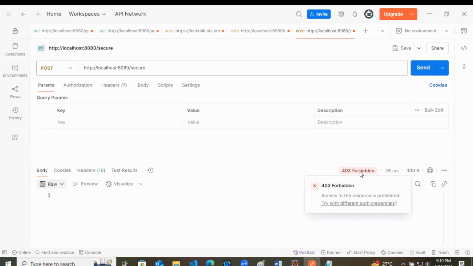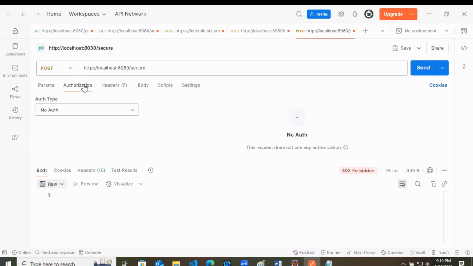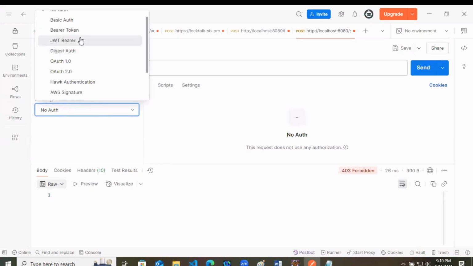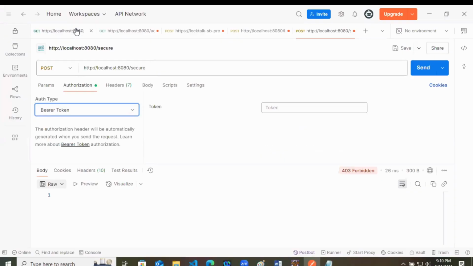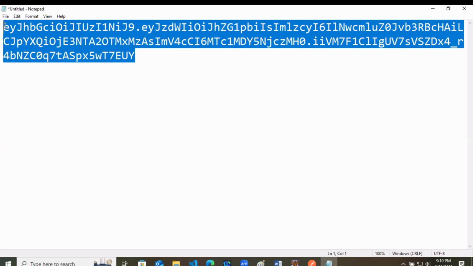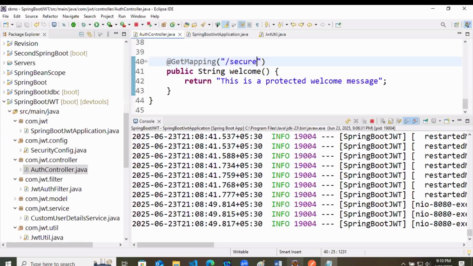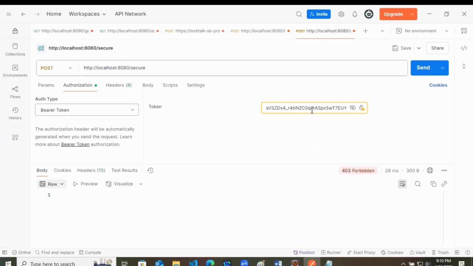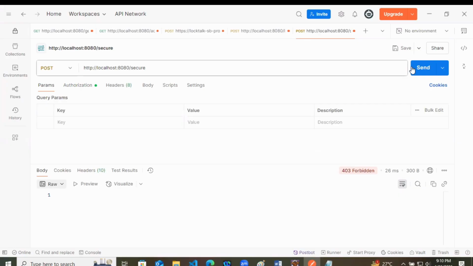Second thing, if I am trying to check with the real values, for that you have to do authorization. I am already a logged-in user, but again you have to use a bearer token. At first you have to type Bearer, then a space, only one space, then send this token. Now we will send this token like this, and hit send again.